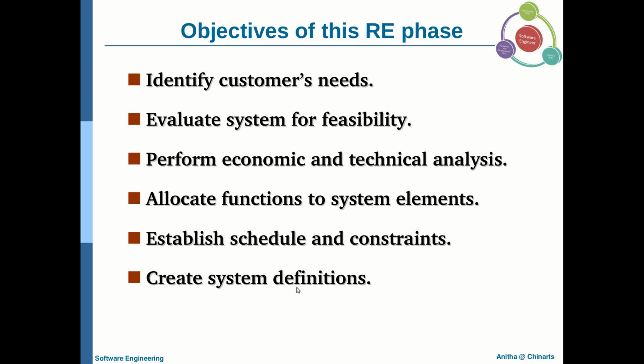Then all the definitions. For each and every organization, it will have its own system definition, right? How the system is running, what actually each and every terminology means. So if I specify unit test result, how it is to be. If it is going to be university result, how it is to be specified. This is what you call as system definitions, right? If there is a leave policy, how it is to be defined. If there is an attendance policy, how it is to be defined. So all these things you call as system definitions. So that should also be identified and created.